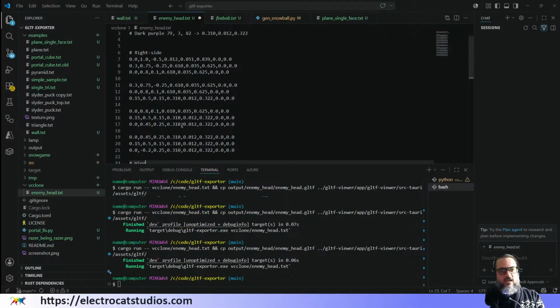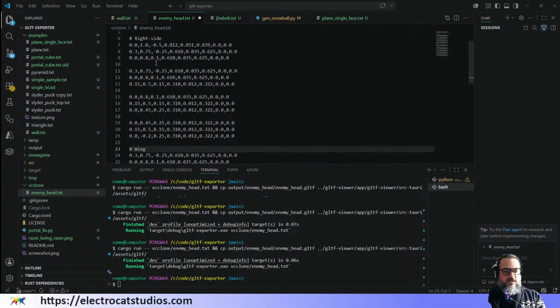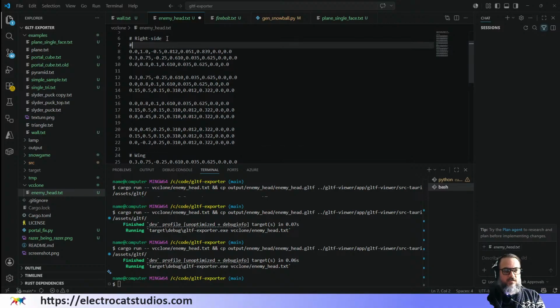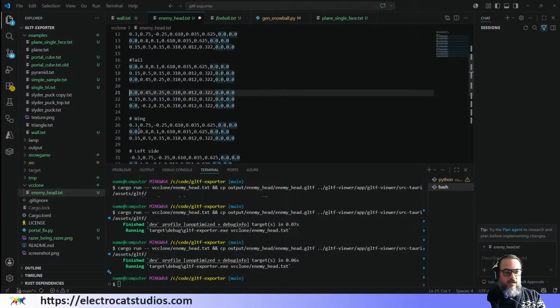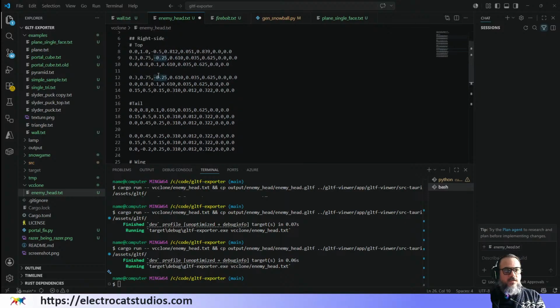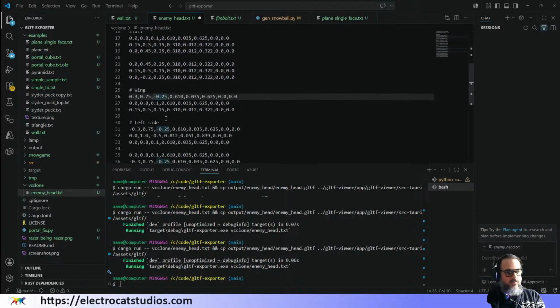Call this wing. It's very easy to lose track of which is which. Top, we'll call this tail. Stick an extra there to group them together. Yeah, we'll call this the wing. So this was starting, this was the second one, yeah. And we said we wanted the lower two. So it's going to be getting rid of this guy,